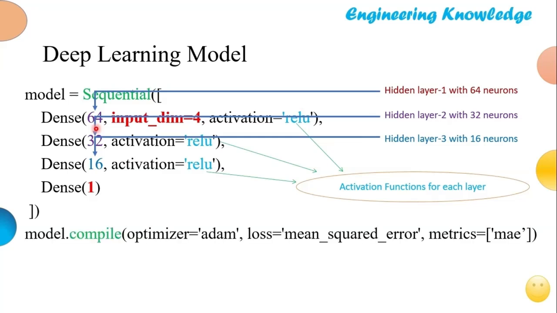Once we have this, what will we do? We will compile the model. This is the model's name; we could use any name here. So this is what is used in model.compile: using an Adam optimizer, loss of MSE, and metric of mean absolute error. We will show all this in Python also in this lecture.